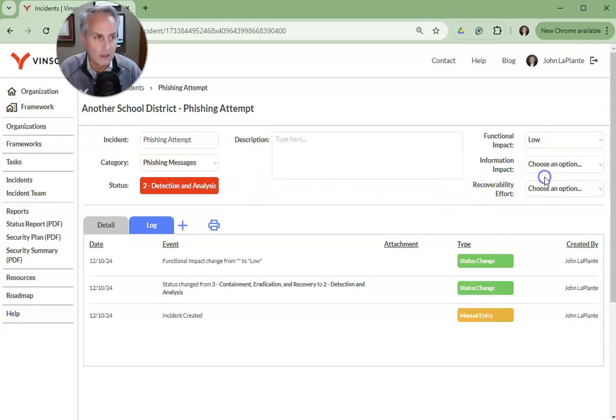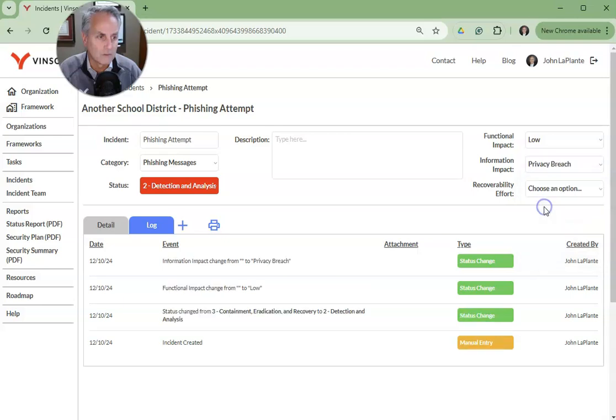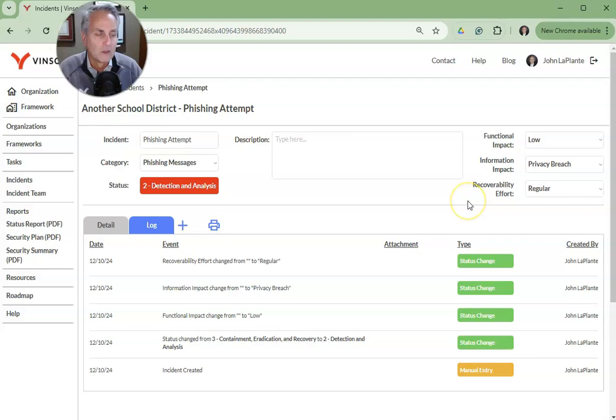The functional impact, it's low maybe. The information impact is a privacy breach. And the recoverability effort is regular. So all of these, you don't have to fill these out. Some of these are required depending on how you're reporting, depending on what your cybersecurity insurance company wants you to